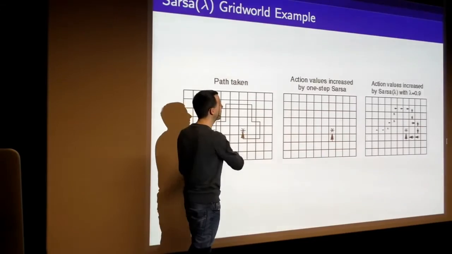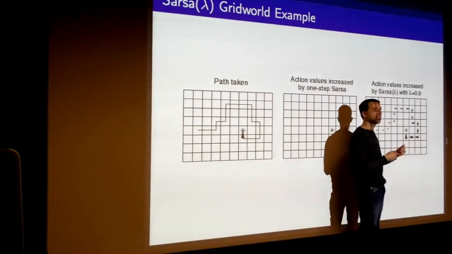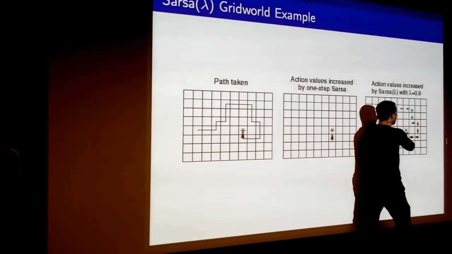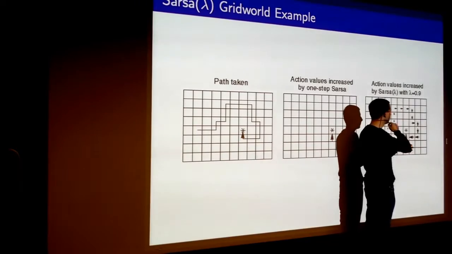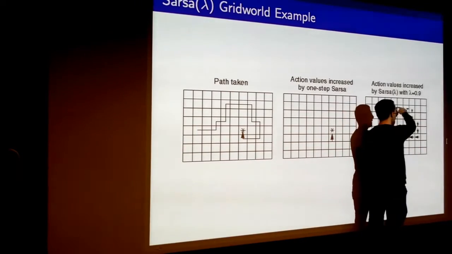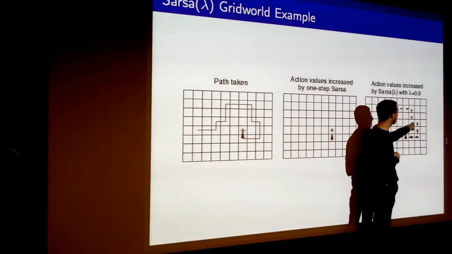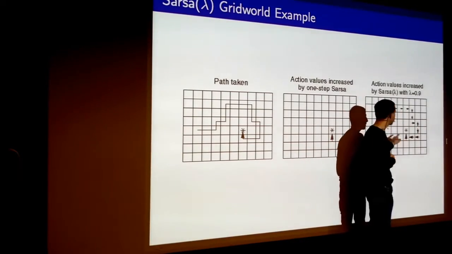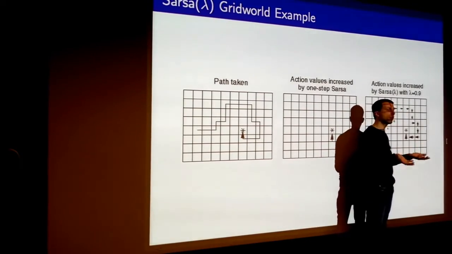In Sarsa lambda, it looks quite different. The lambda parameter determines how far that information should propagate back through your trajectory. So again, if we consider the same trajectory, you would build up your eligibility all the way along this trajectory. Each of these state action pairs that you visit would have their eligibility trace increased.